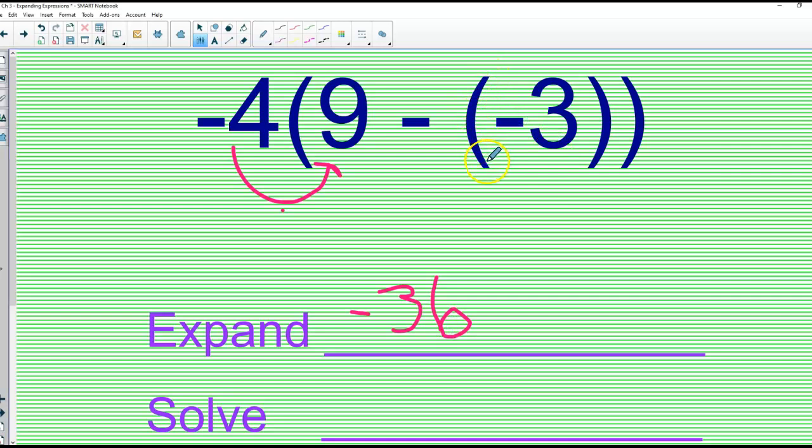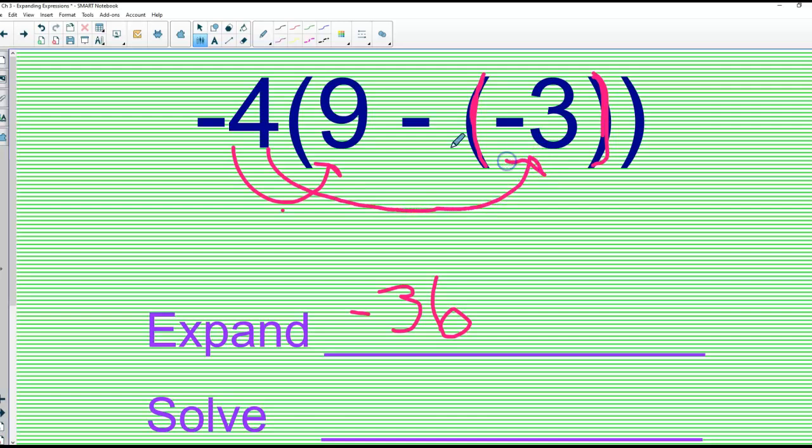Remember, when we were working on negatives, this is in parentheses to help show you that it's a negative. It's not 9 minus 3. It's just in parentheses to show you that it's negative. Here's the front of the problem parenthesis, and then this is the back. That's why there's sort of two parentheses there. One's for the negative, one's to end the problem. Okay, so I'm going to take negative 4